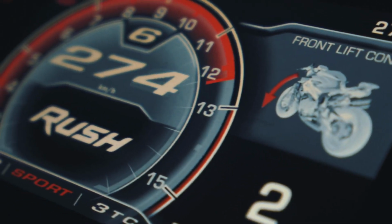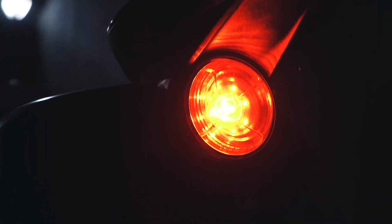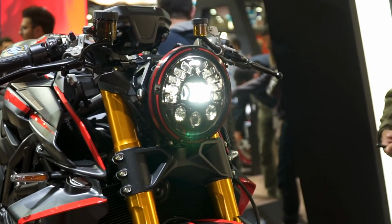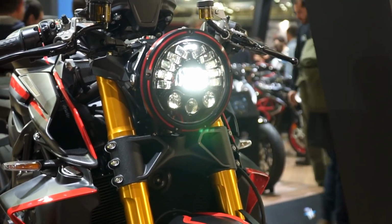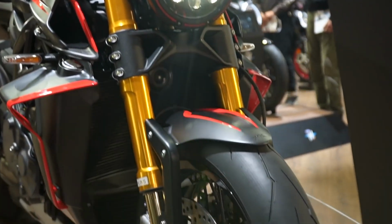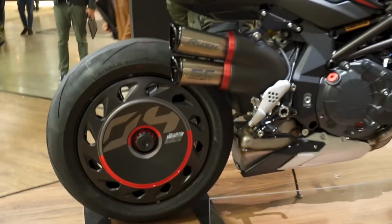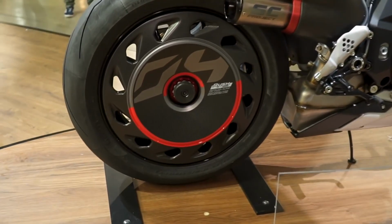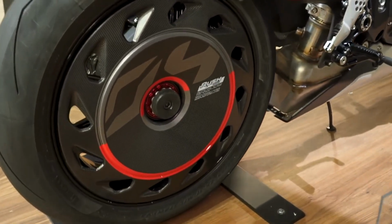I saw this bike in the flesh at EICMA last year, as well as at Motorcycle Live in the UK after that, and I have to say it's quite something to look at. In fact, it has to be one of the craziest looking bikes on the market at the moment, and it has the specs to match too. So in today's video, we'll take a look through them in detail and figure out if it's worth the hefty